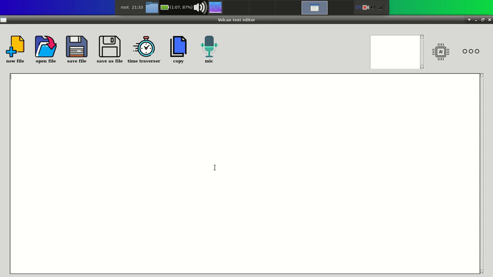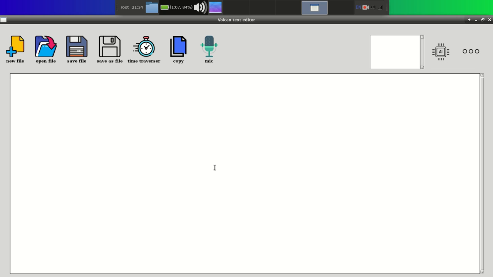So for achieving our goal, we are going to start with the mic button. And one more thing, guys: I told you that I'll show you how you can use key commands for opening new files, saving files, and so on. It means how you can make your own commands for this text editor. Suppose if I want to copy, I can use Ctrl C, that's a command, and if I want to open time traversal, I can press Alt Escape. Suppose this is the command for opening time traversal. So I'll show you that also.